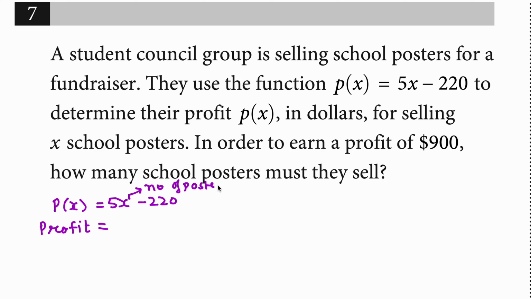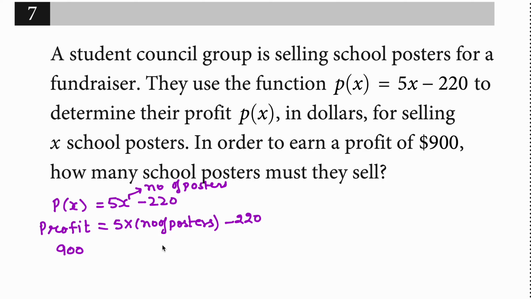If an equation is given to us, we try to figure out what each variable and whatever the unknown actually means in that equation. So p(x) is profit and x is the number of posters. Let's go back to the question now. In order to earn a profit of 900, now because we have already marked what is representing what, we know p(x) is 900. So we just replace it with 900, and x is the number of posters here,